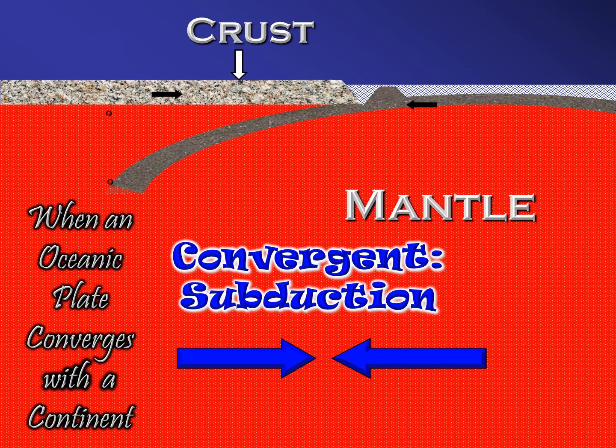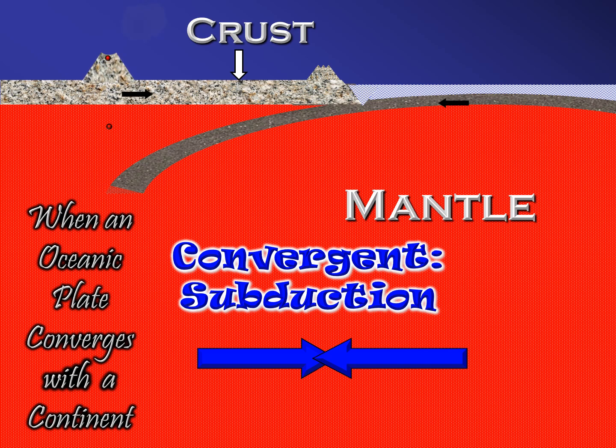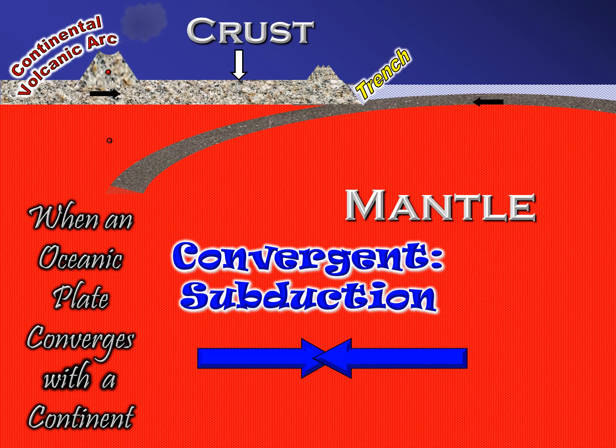So you can have more than one kind of convergent boundary. One of the types of convergent boundary, a very common one, is convergent subduction. When you have convergent subduction, what's happening is a piece of continental crust is moving toward a piece of oceanic crust, crust that is under the ocean. Whenever this happens, the oceanic crust always loses the fight and sinks below the continental crust, and it winds up